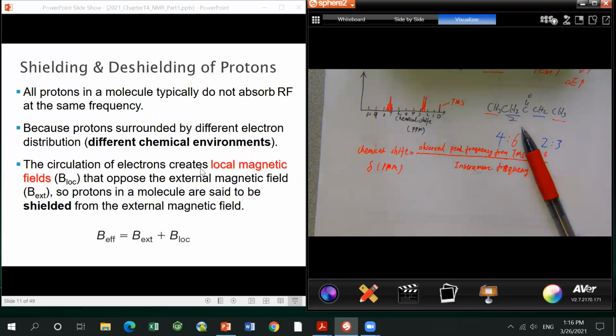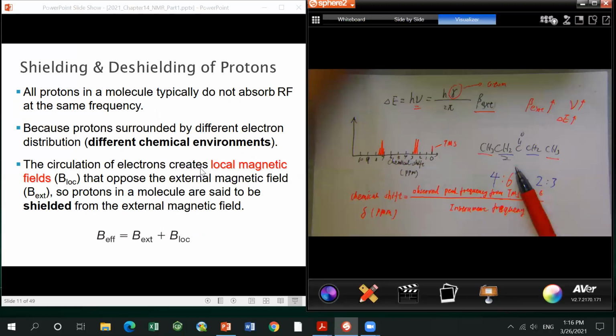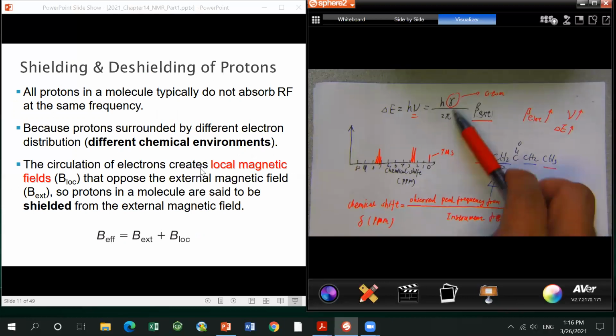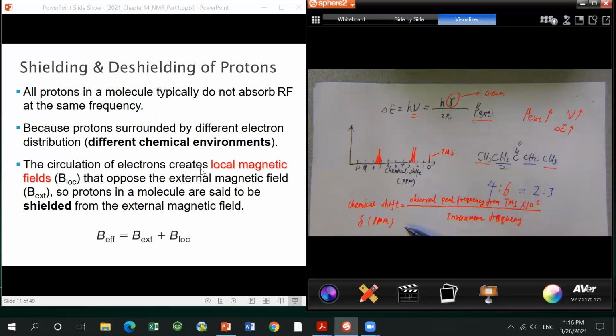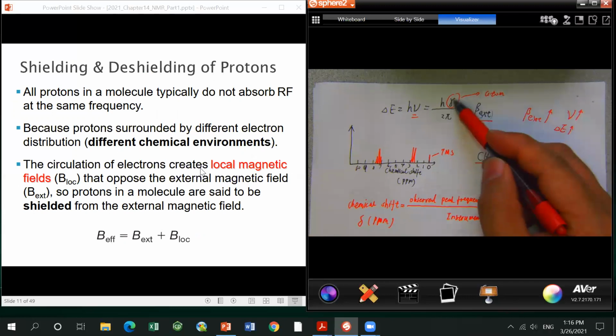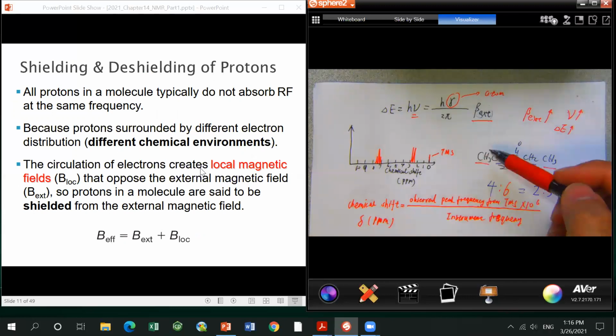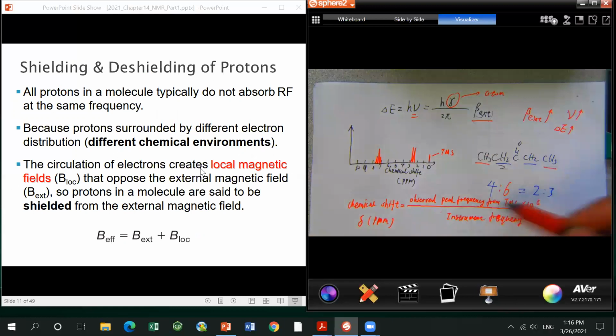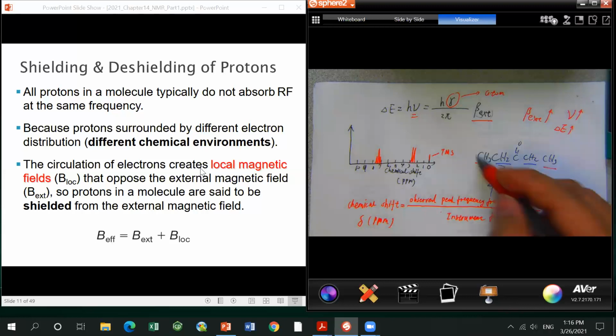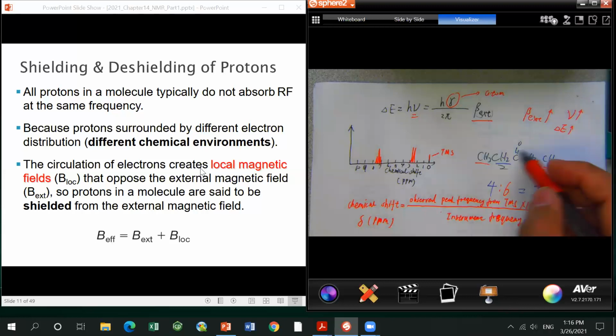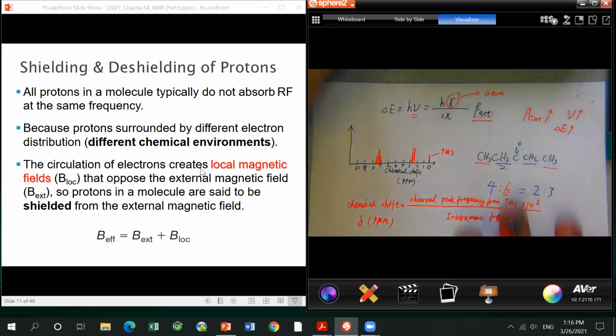All right, now we come to shielding and deshielding. Theoretically, all the protons, all the hydrogens, should show the same chemical shift, because it all depends on the gamma and the external magnetic field, which cancel out in this equation. But for different protons, like in 3-pentanone, these two are different. Why? Because they have different